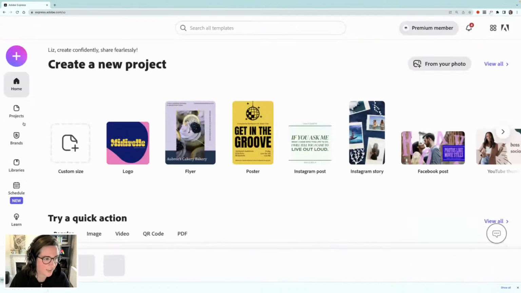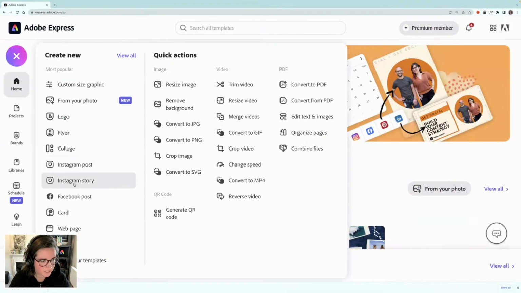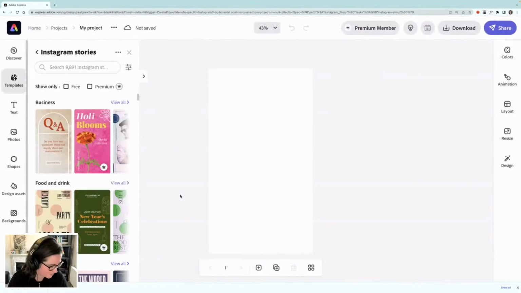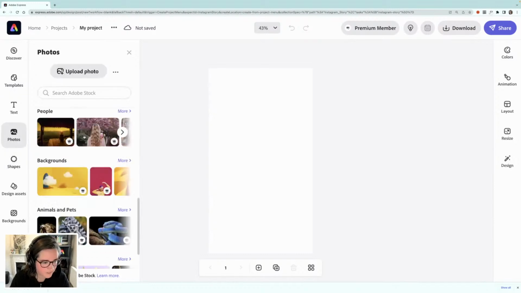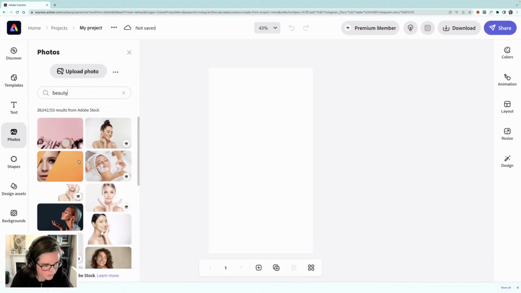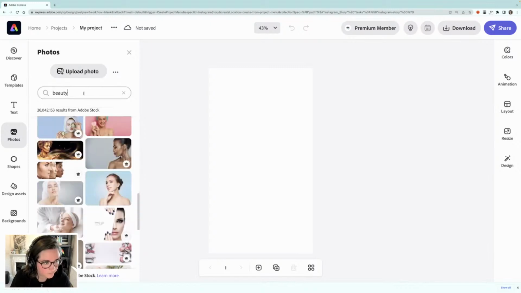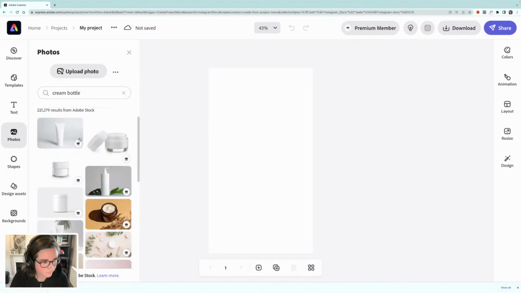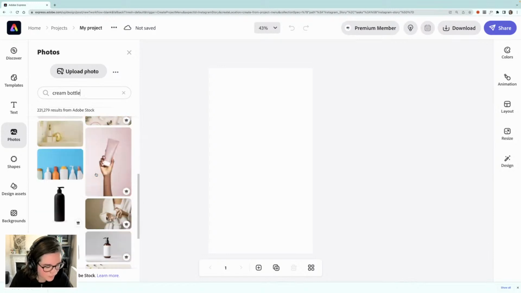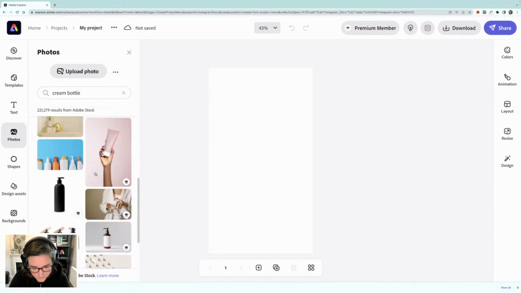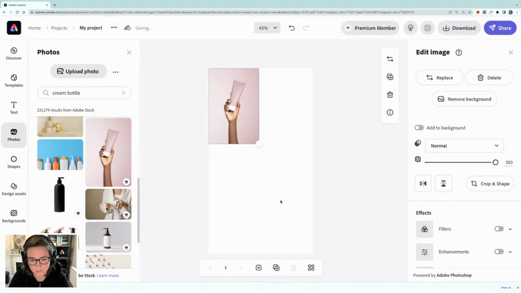So we're going to start off again with story dimensions because they're going to be used in stories. I'm going to find a product in photos that we want to promote. So maybe let's type in beauty and see if we can find some beauty products. Like a cream bottle, maybe. Here we go, something like this. So let's say this was the